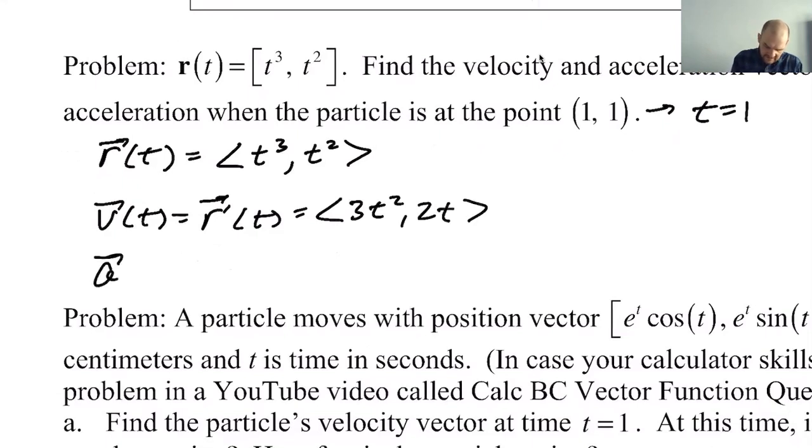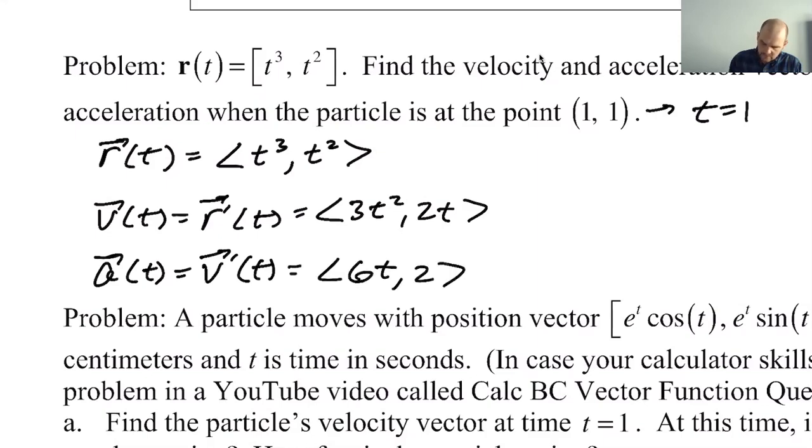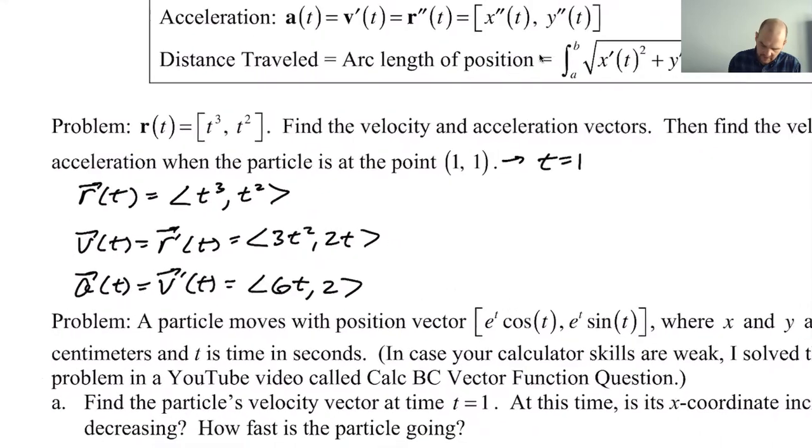And then a of t is going to be, I'm going to say, v prime. You could say r double prime. They're obviously equivalent. 6t and 2. So now let's do this at the point